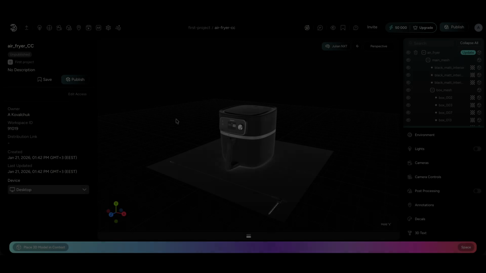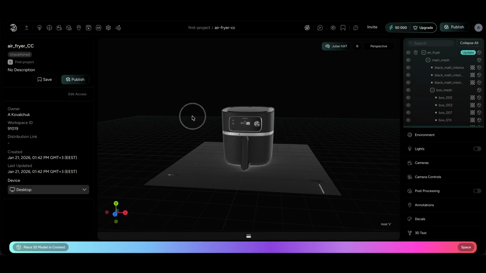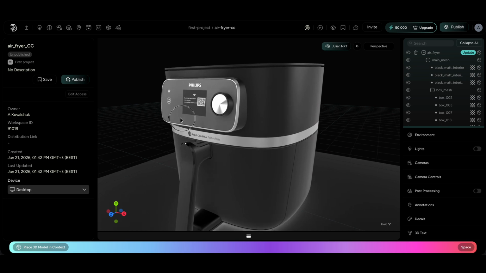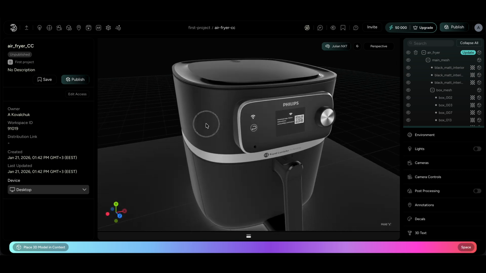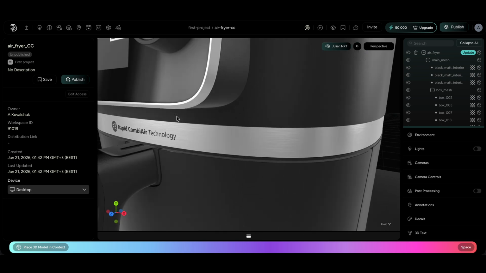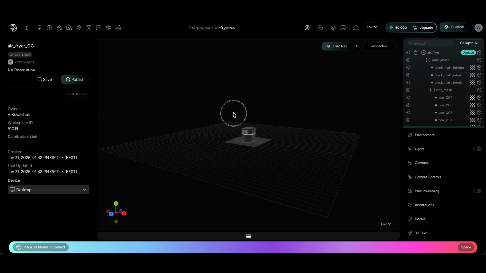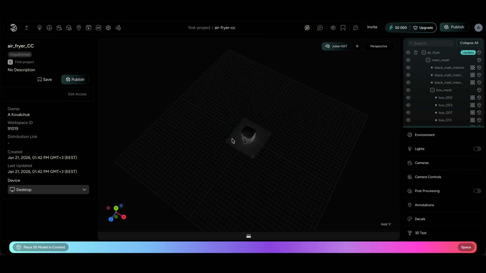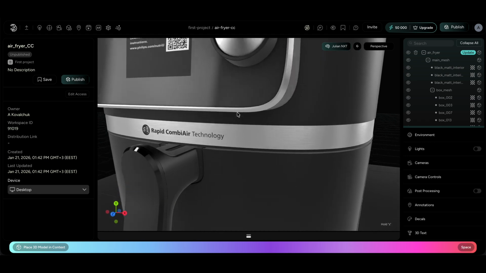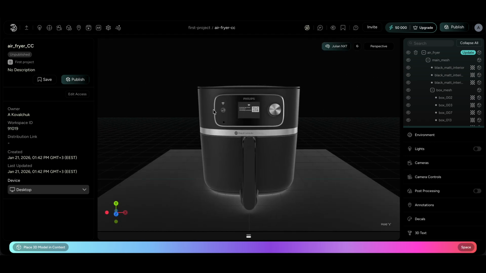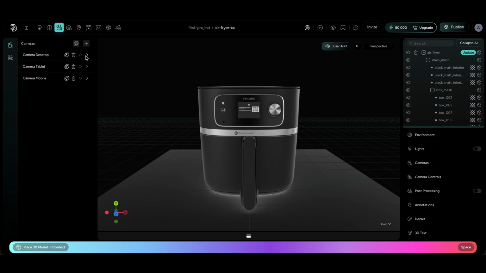On the Threedium platform, we have a camera that is created in the scene by default, but it requires a few adjustments to ensure a smooth and controlled viewing experience. In this tutorial, we'll configure the camera to prevent zooming inside objects, limit excessive zooming out, and correctly set the near-far rendering range. To start the setup, let's go to the Cameras tab and activate the camera by clicking this